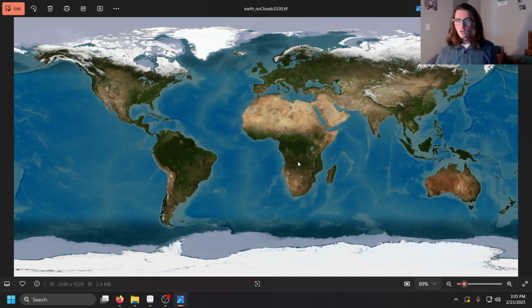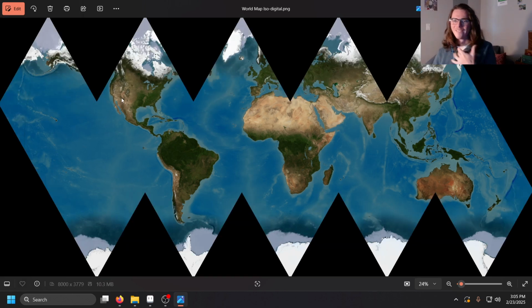Hi, if you're here, you're trying to turn an equirectangular map into a globe, be it for digital use or print use. Here's an example of print use. I printed it. This comes from an image I downloaded from NASA. We're gonna use Blender just a couple steps, by which I mean probably like 10 steps, to turn it into